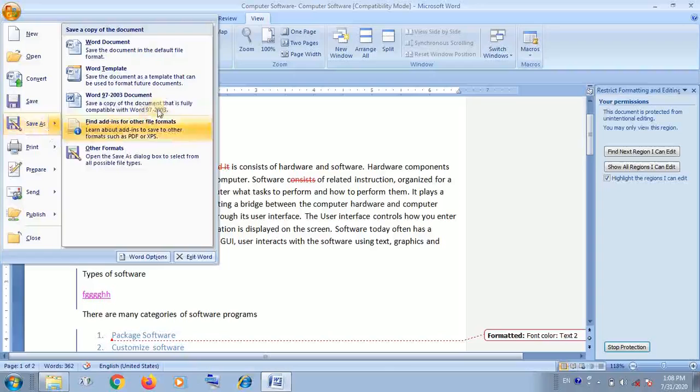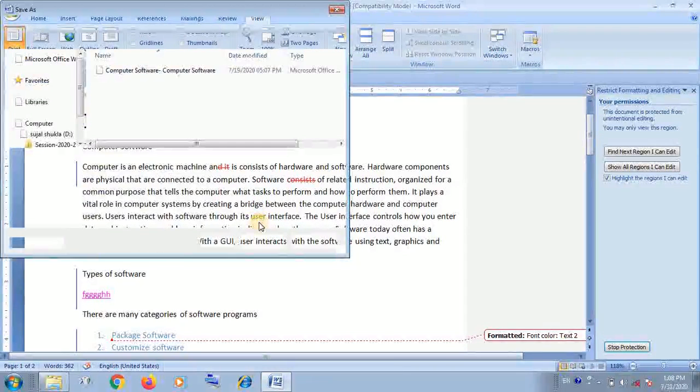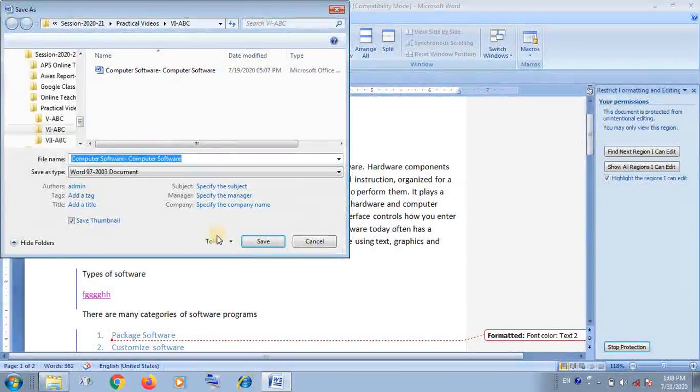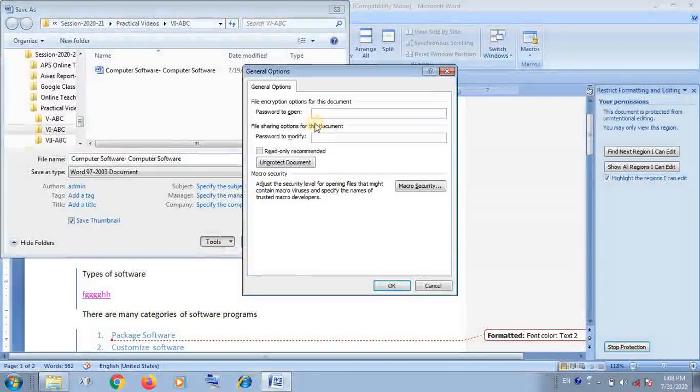file, save. When you save your file, then you will get a new option. See here everyone, this is the main thing. You have to go here, click on the general option and enter the open password.